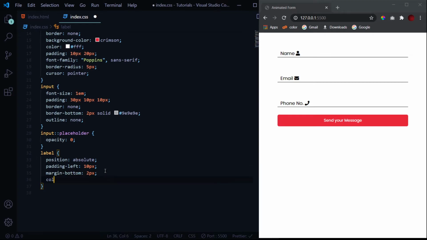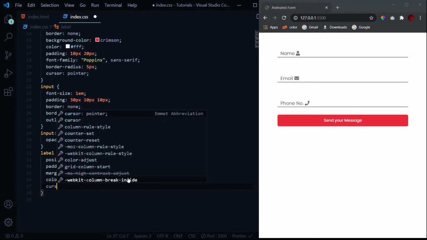And let's give it a color of 90 90 90 as well, because we want its color to be changed to black when we focus on it, not by default. But this 90 is more blur, so let's change it to something like this. Yeah, it's a bit darker.